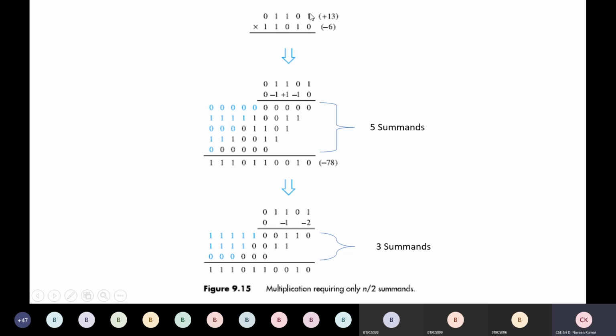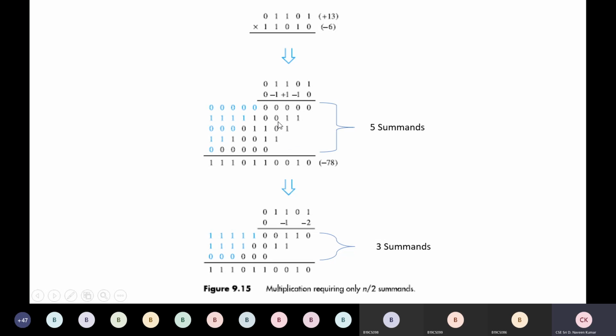This is the multiplicand, this is the multiplier. This multiplier we converted as per Booth algorithm, we recoded it, and we got +1 and -1, right? So these are the numbers, and each time we are multiplying. With 0 we are multiplying all these numbers, next -1 we are doing all this multiply, +1 and so on. How many bits do we have in the multiplier? We have 5 bits. We multiply with each bit, we get one summand. So remember these are the summands. This is one summand, this is another summand. So we have 5 summands.